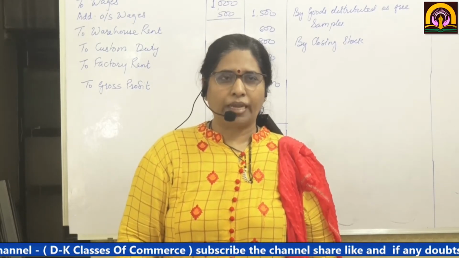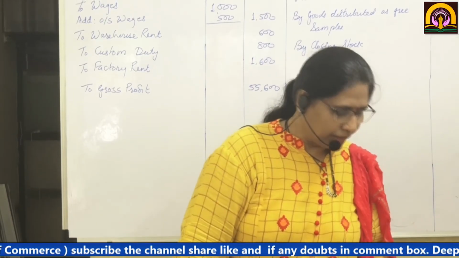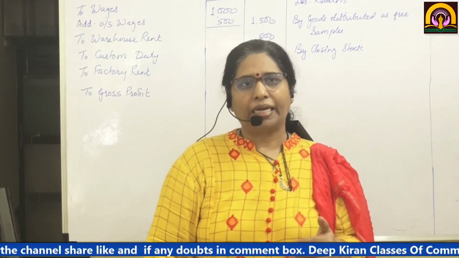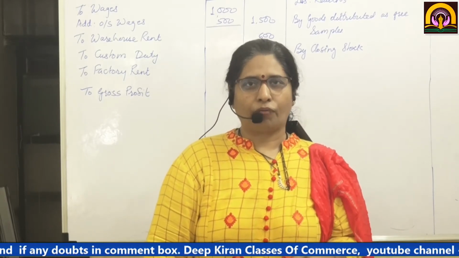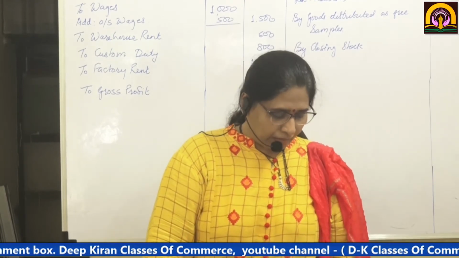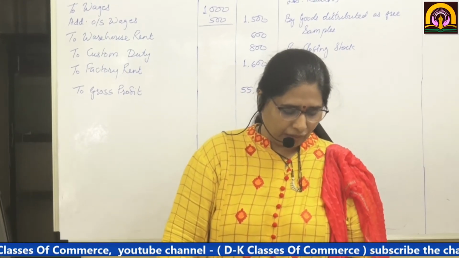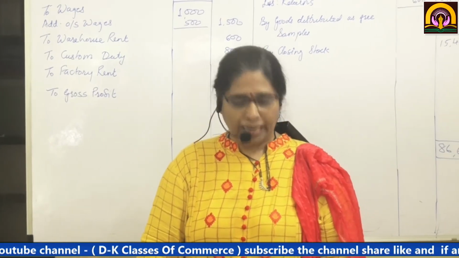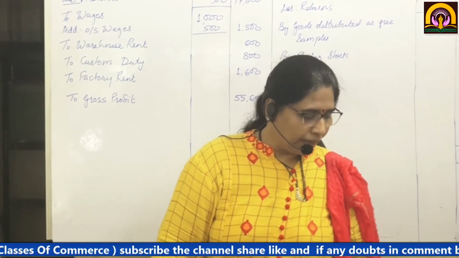Today we are going to take the practical problem number 7, that is on page number 60. Okay, so I'll be explaining, because in that they have told us to do the trading account and the profit and loss account. Okay, I'll just read out the sum for you. Satish and Pramod are partners preparing trading and profit and loss account for the year ended 31st March 2019. You have to find out the gross profit and net profit.